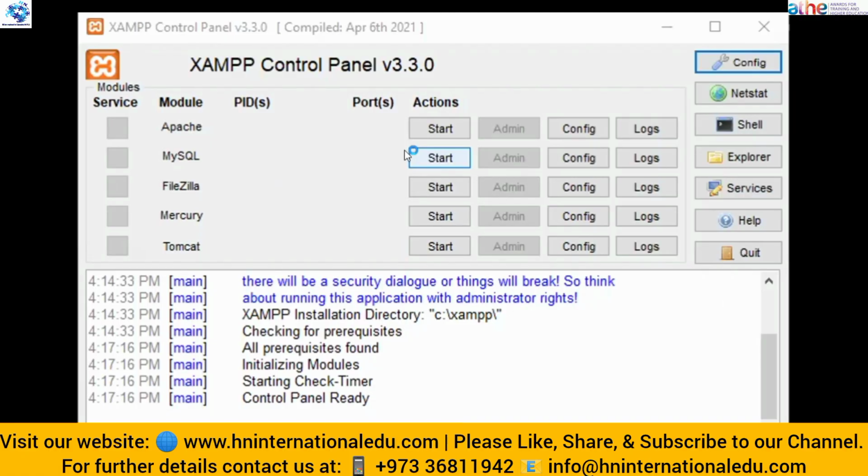When you have installed and configured XAMPP, this screen will be visible. Whenever we try to create our database, we have to start Apache and we have to start MySQL. These are the two things we will do when we create the server. We also have to configure that. How can we configure that? I will tell you; first download this.